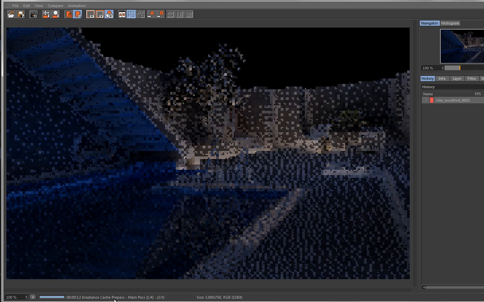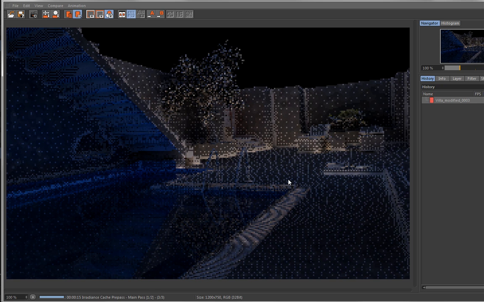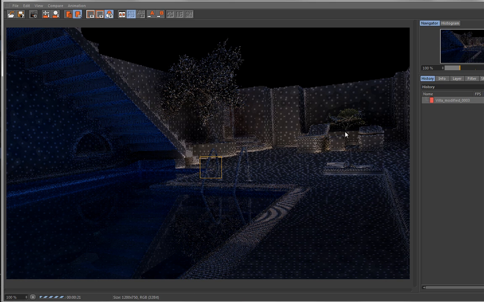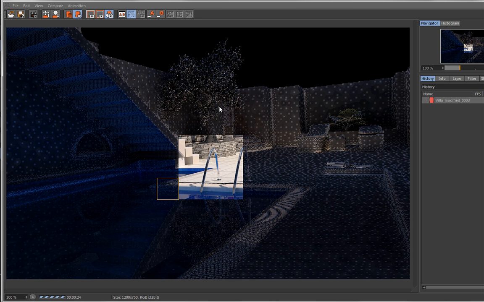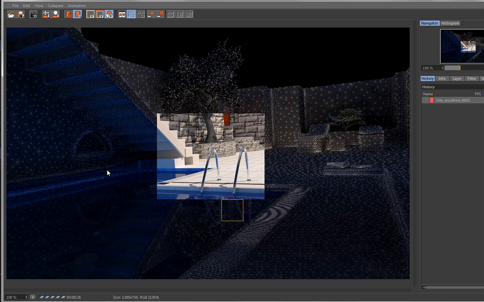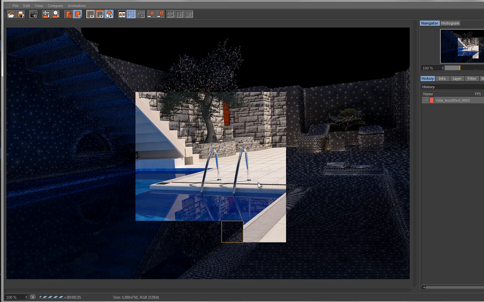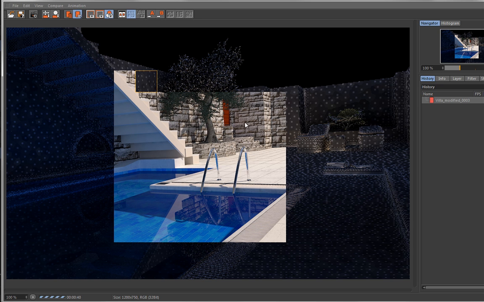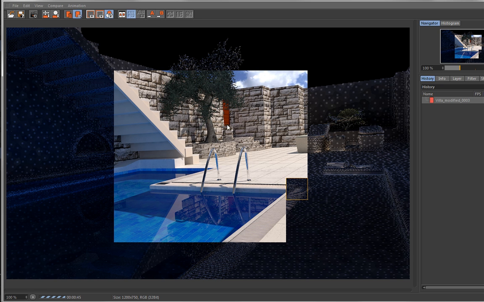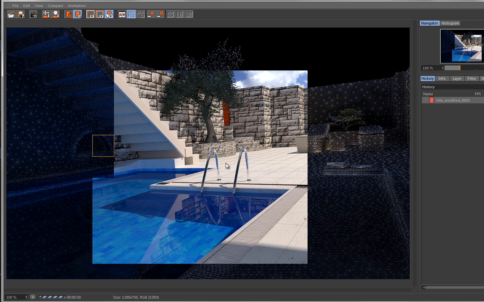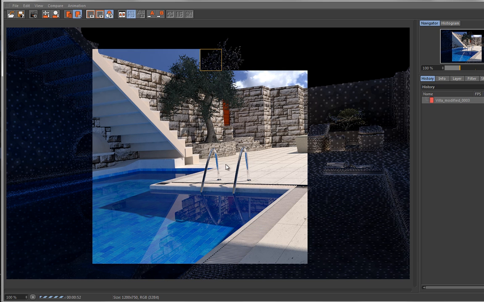Then we have irradiance cache doing its magic, and this image is 1200 by 750, so moderate resolution, and I chose it simply because it is the highest resolution that can fit in this recording window, and I'm pretty sure you can see that Embry is running like crazy, and this thing will render in a minute or so. And as you can see, we have a nice color bleeding throughout the scene. The things look really well, and this is a typical scene or everyday scene you will encounter when working with